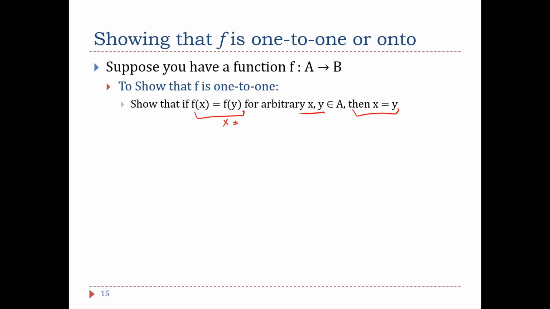You can pick up 2 different elements, x and y, that particular elements x0 and x1, let's say, that you know that they are different, and then you show that f of x0 equal to f of x1, let's say, would lead to a contradiction, or that necessarily f of x0 is different than f of x1. Okay, so you pick up the method that suits you better according to the exercise and to the nature of the function f. Well, to show that a certain function is not one-to-one, is not injective, well, it's sufficient to show that you actually